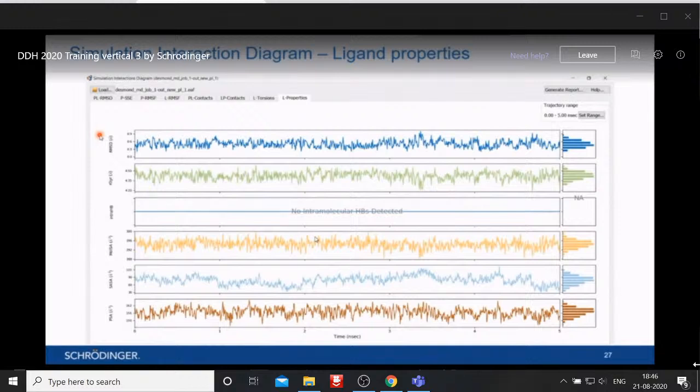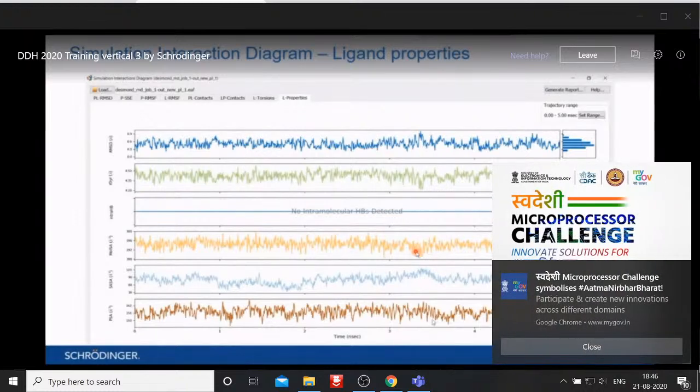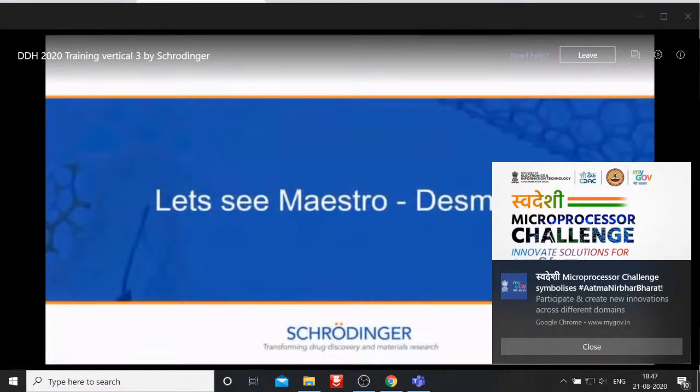Basically it generates a complete report. Using this button, you can see there is a generate report button. Using this button, you can generate this complete report in PDF format, in images, which you can directly use in your manuscript with a good resolution. You don't need to edit anything. You don't need to even change the resolution. It is already in images. In PDF format you can get it, and in text data format also you can get all that information written just by clicking a single button on generate report. So these are the various things which